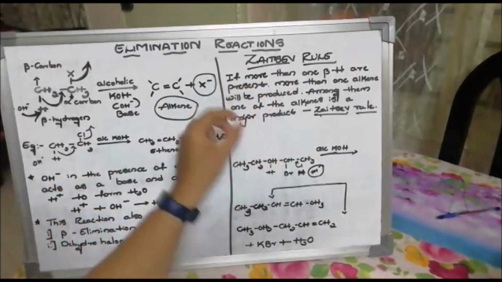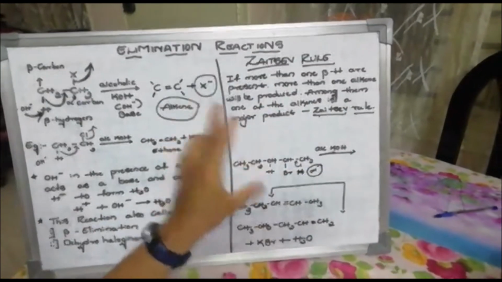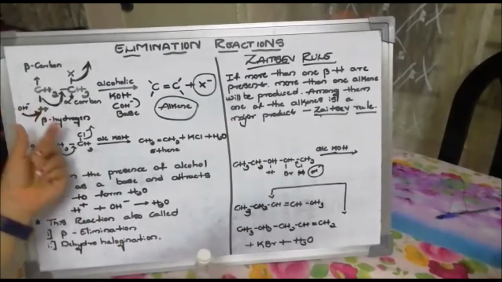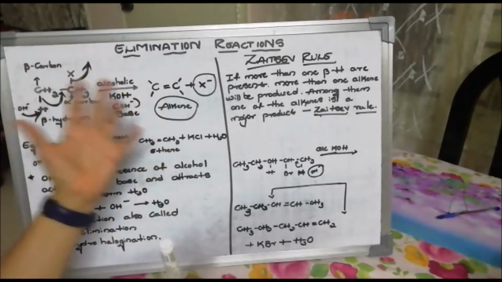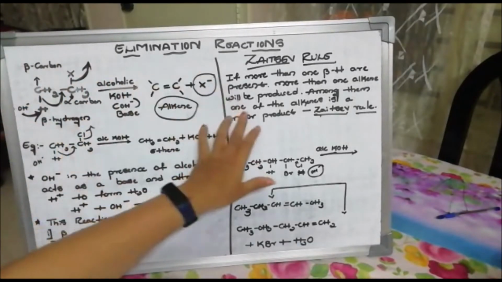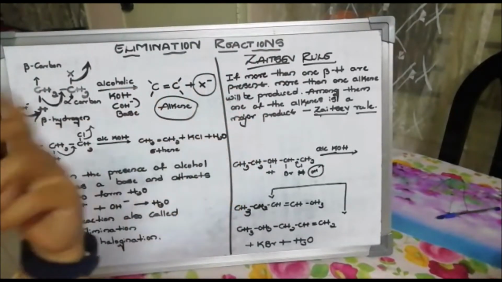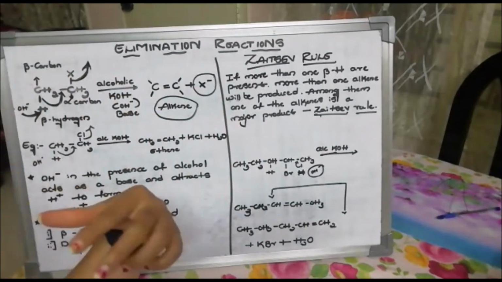So we have to study Zaitsev's rule, which also comes under elimination reaction. Now we have seen how the elimination reaction takes place when only one beta hydrogen was present. Now if there is more than one beta hydrogen present in your compound, then how does this elimination reaction take place